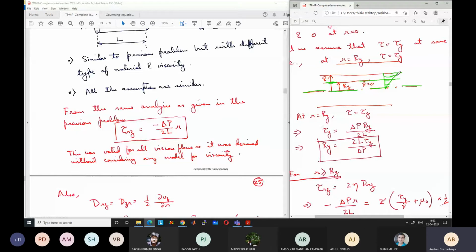So actually my statement is not correct that below this point there is no flow. Below this point there is no deformation. Velocity gradient, right? Yes, correct. Velocity gradient will be 0. Flow can still be there. Deformation rate is 0. If there is flow, it will flow in a solid like pattern. It's a very good point that you have raised. It will flow like a solid body, means there won't be any deformation rate there.